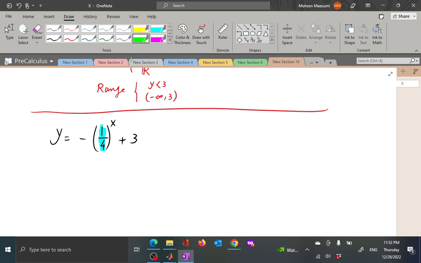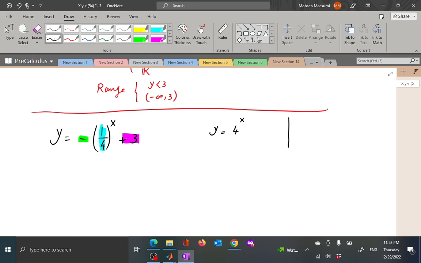Another activity is that I have a minus. What does that do to my function? Another activity is that I am adding a 3. If I understand the effect of these actions on a graph of a function, then I can give a quick answer. So, step by step, our building block is that by now we should be familiar with the exponential